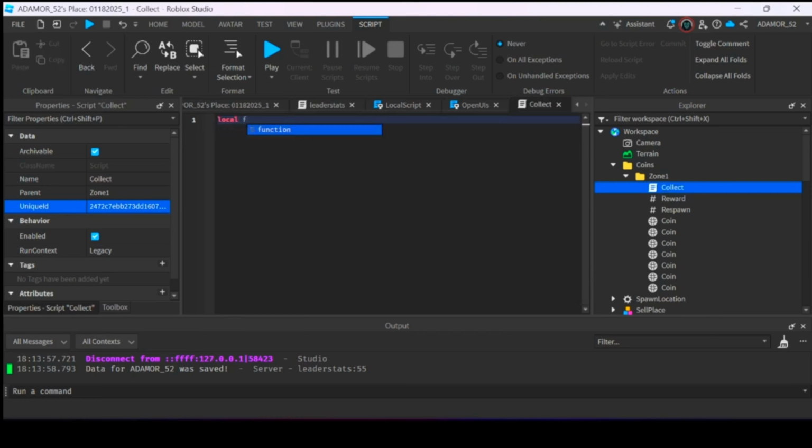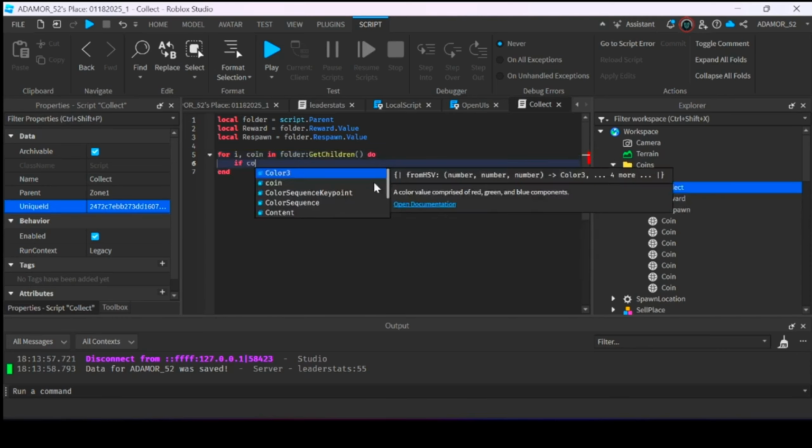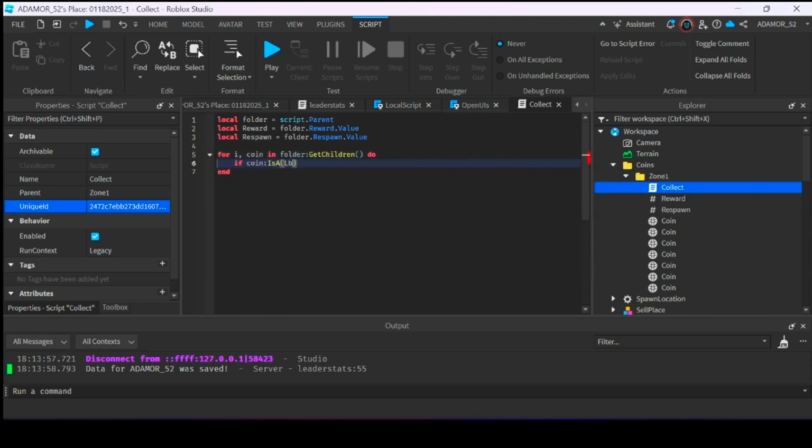And let's do local folder equals script.parent. Then we will get these two values, so local reward equals folder.reward.value, and local respawn equals folder.respawn.value. And now we will loop through all of the coins. So for i, v or coin in folder get children do, if coin is a base part, then